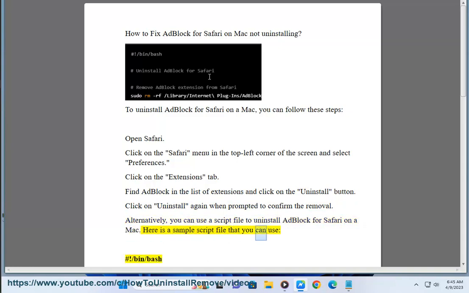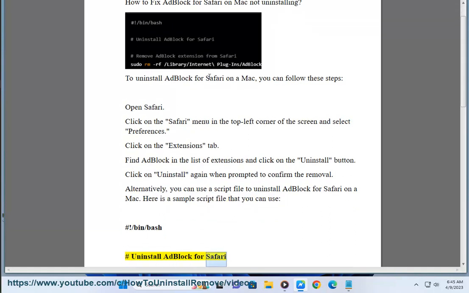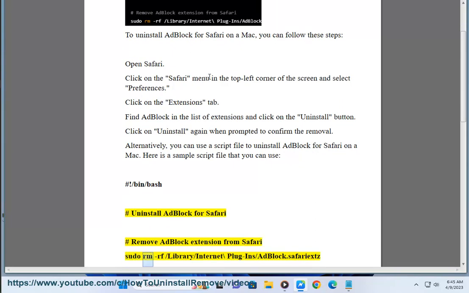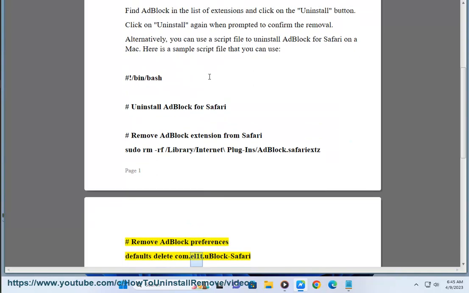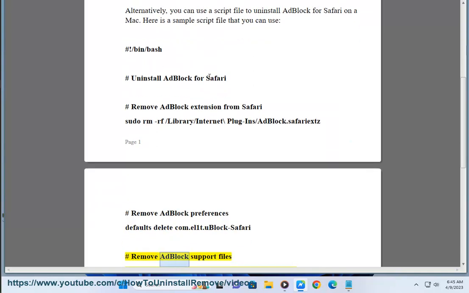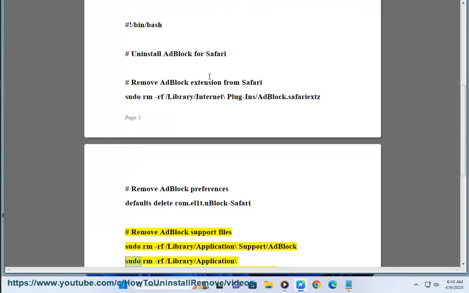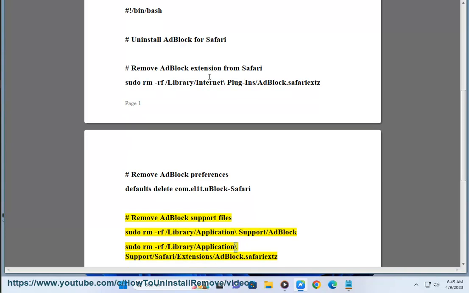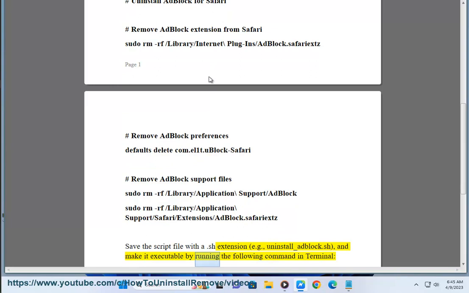Here is a sample script file that you can use: #!/bin/bash # Uninstall AdBlock for Safari # Remove AdBlock extension from Safari sudo rm -rf /Library/Internet/adblock.safariextz # Remove AdBlock preferences defaults delete com.l1t.adblock.Safari # Remove AdBlock support file sudo rm -rf /Library/Application/Support/adblock sudo rm -rf /Library/Application/Support/Safari/extension/adblock.safariextz. Save the script file with a .sh extension, for example uninstall_adblock.sh, and make it executable by running the following command in